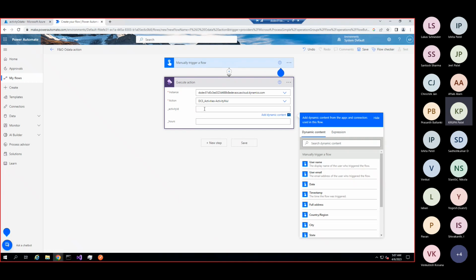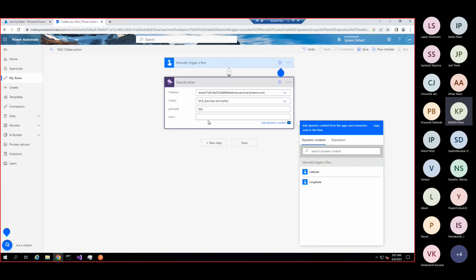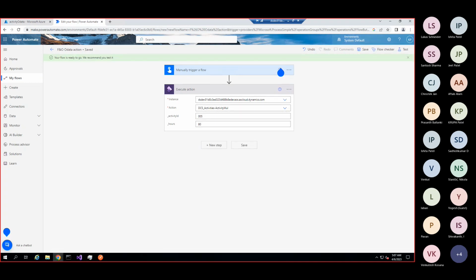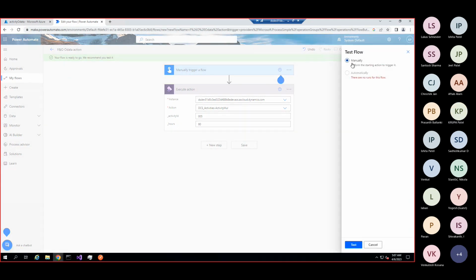So here I'm taking 005 and hours as 80, and we'll save. Now we click on Test, select manually, click the Test button, and click Continue.